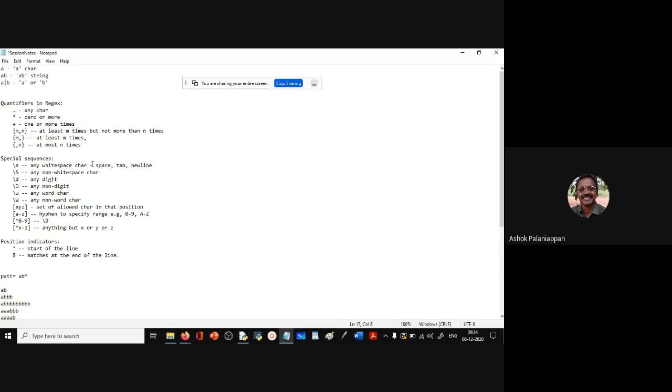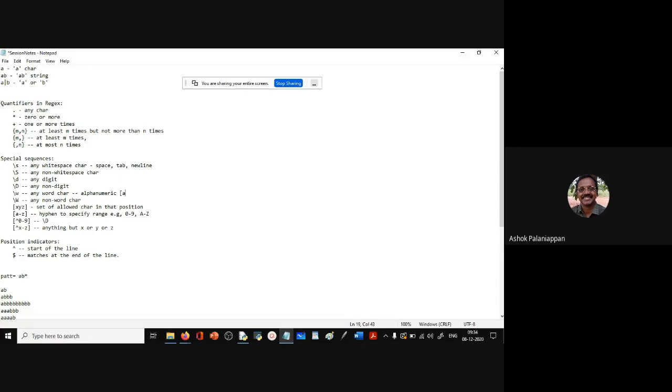Now similarly, backslash small d means any digit. And if you use capital D, it means any non-digit. And similarly, if we use backslash small w, it means any word character. Any word character is alphanumeric, it can be either letter or number.